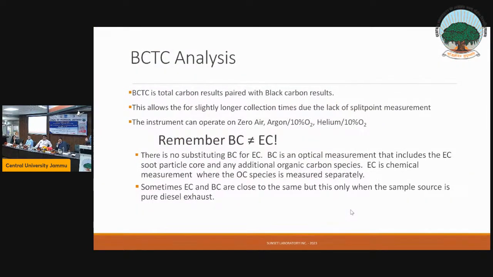All right, let's talk about BCTC analysis, because this is a new analysis that has come into vogue in the past 10 years. This is black carbon and total carbon. So let's exclude the OC and the EC and just measure black carbon. The one nice thing about the BCTC analysis is that you get to see black carbon,